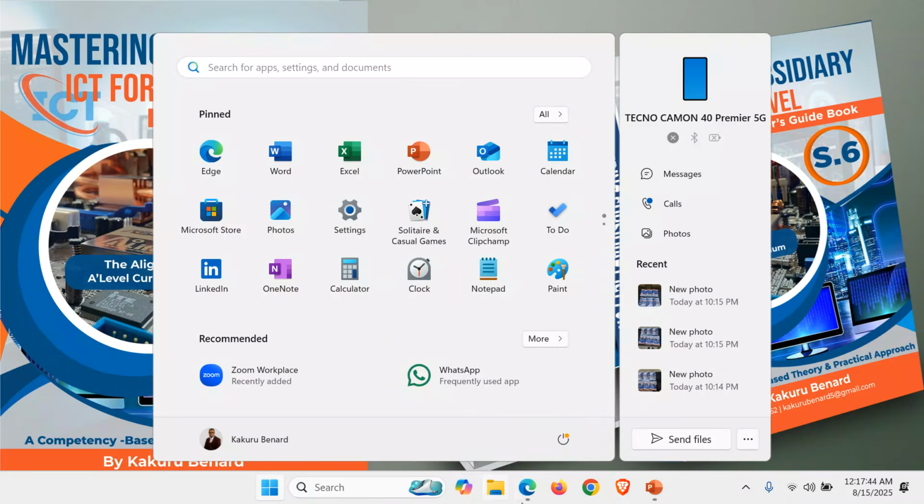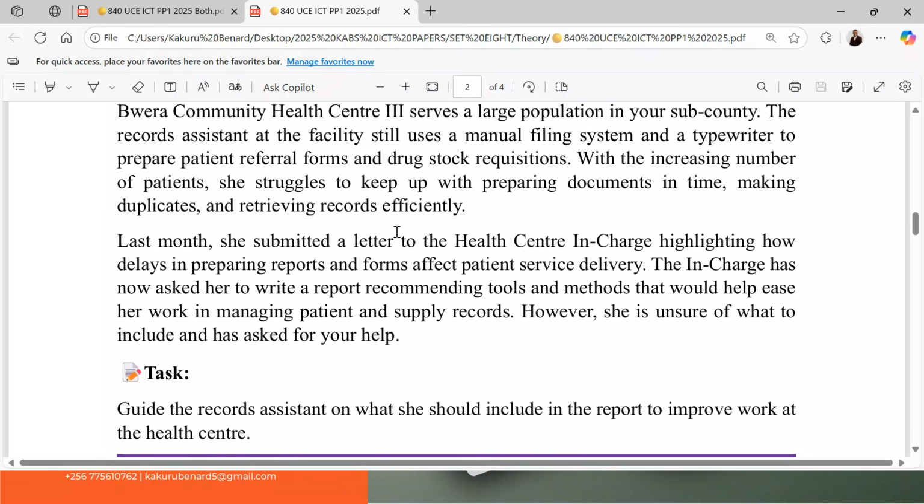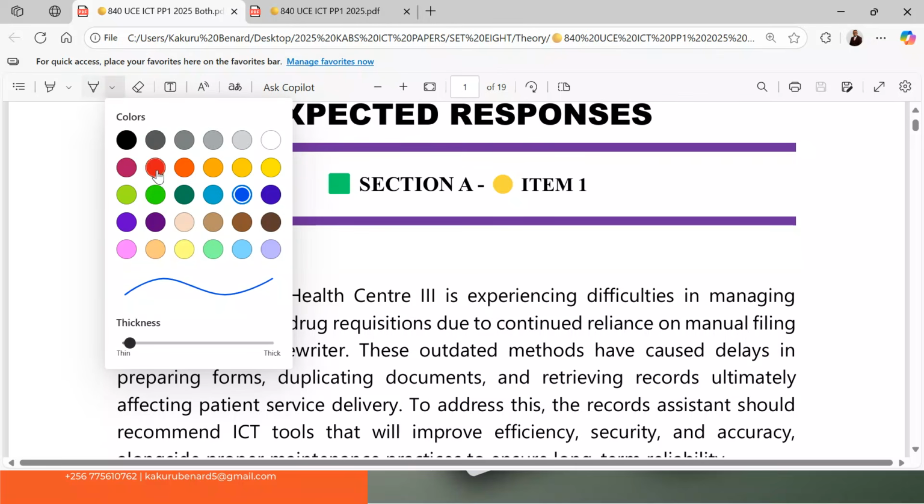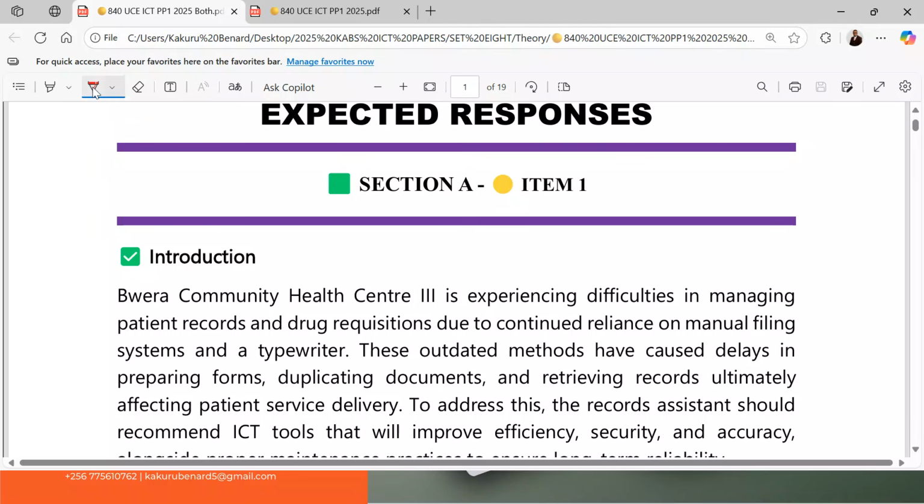Now, I want us now to look at the expected responses for item 1. So when it comes to item 1, a candidate must write properly and label the numbers that have been done. So for example here, section A, item 1,